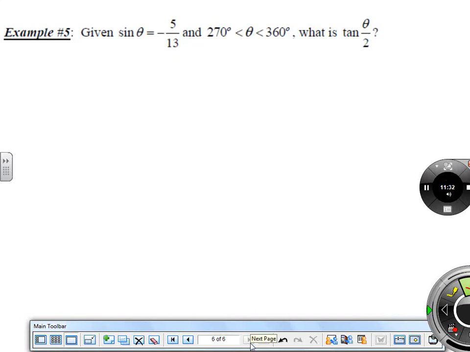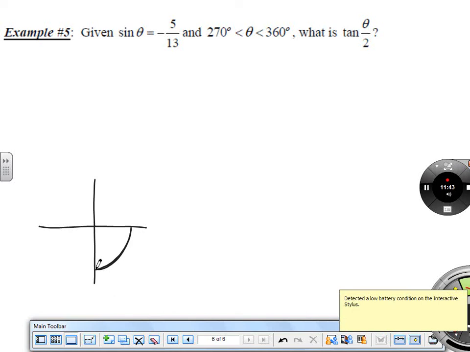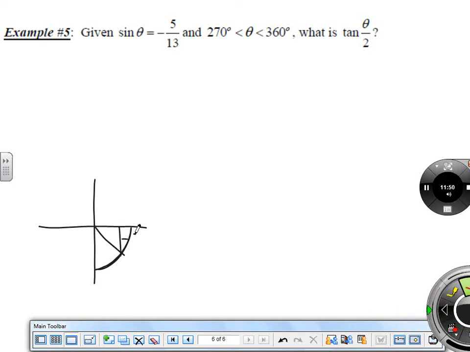So given that the sine of theta is negative 5 over 13, and theta is between 270 and 360. So I know that the angle's in here, okay? I know that the sine of the angle is negative 5 over 13. So wherever that angle is, the y-coordinate can be thought of as kind of some multiple of negative 5 and the radius a multiple of 13, which means this would be 12 and it would be positive. They ask us what's the tangent of theta over 2, and remember,